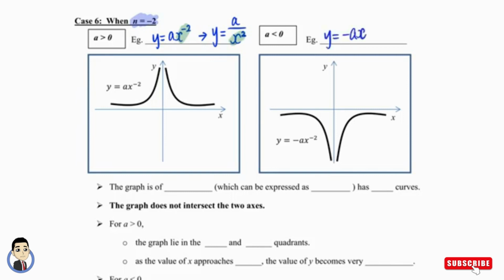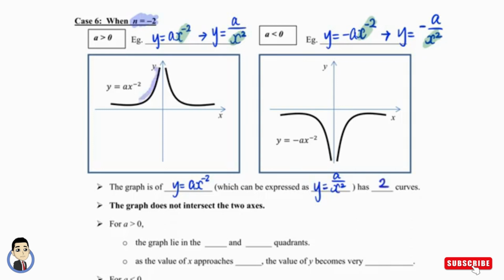The same goes for -a, so -a over x power 2. Same thing. If I write the variable x as a denominator from a numerator, then the power changes from positive to negative or negative to positive. And so this graph is of this family y equals a x to the power -2, which can also be written as a over x squared. Again, you should see there are two curves,